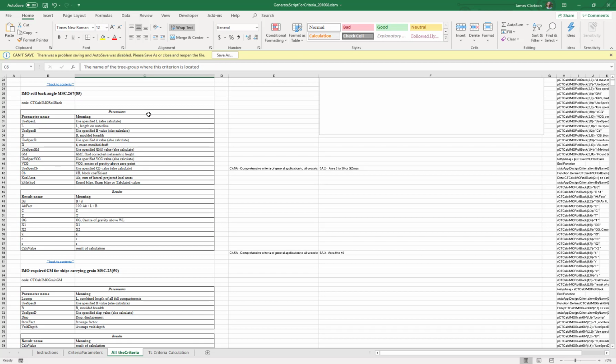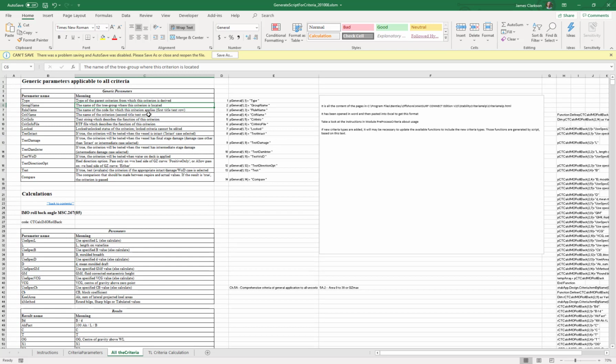Now this is all of the criteria. There are some instructions here. Basically, I've opened up the HTML file for criteria help, opened that up in Word, and then pasted it in here. Now, you won't need to do this, but over time, more criteria types will be added. So at some point in time, you're going to come across trying to use those new criteria types, and you will need to step through this process. So hopefully at that point in time, the format is similar enough that it works, and you can run through this again. So let's take a quick look at